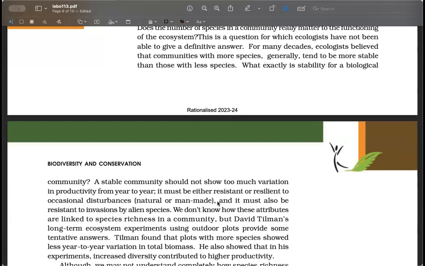And what will happen? Do you think competition decreases if there is species diversity? Yes, I agree. And like how? If there is diversity, then it's easy to make a food web, you are saying. Yes, so every consumer has more options.